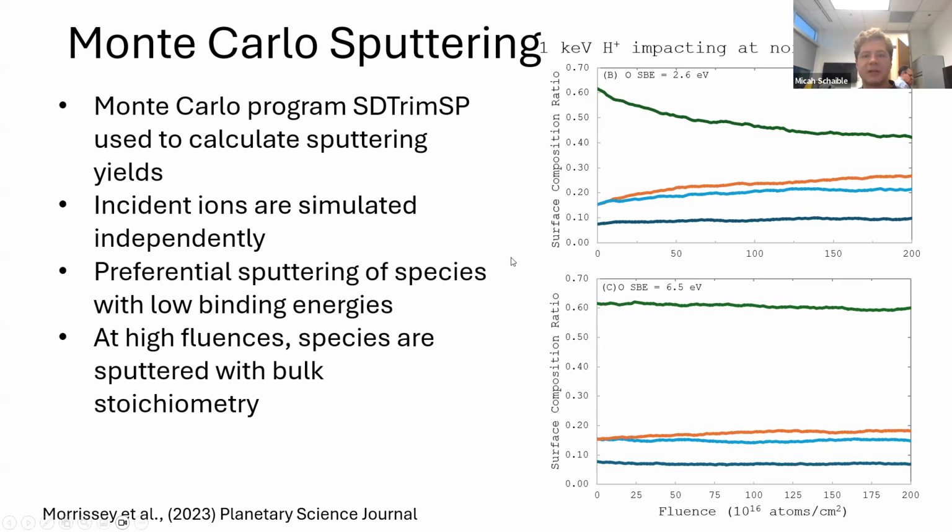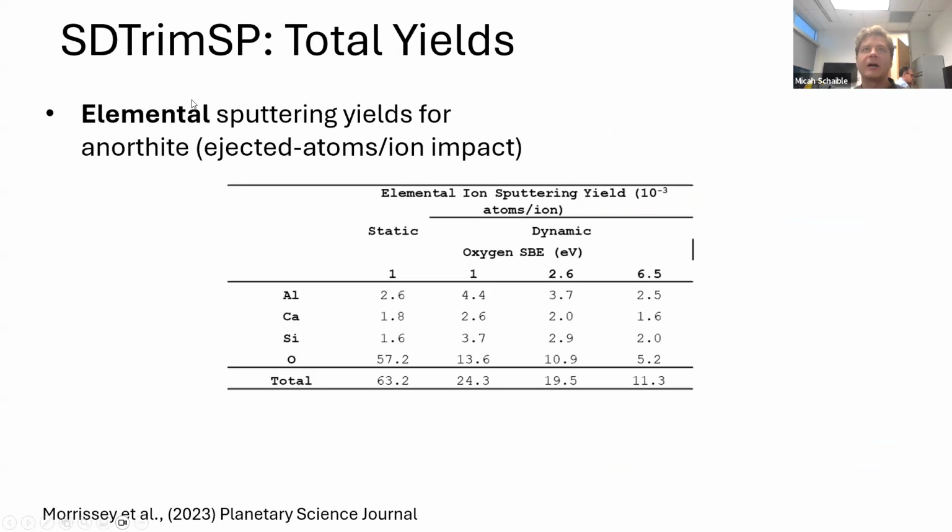We can look at how the elemental sputtering yields change as a function of the oxygen binding energies. And so we see, assuming a static condition or even a dynamic condition with a fairly low oxygen surface binding energy, you're getting pretty high sputtering yields. And so this is 10 to the minus 3 atoms per ion. So about